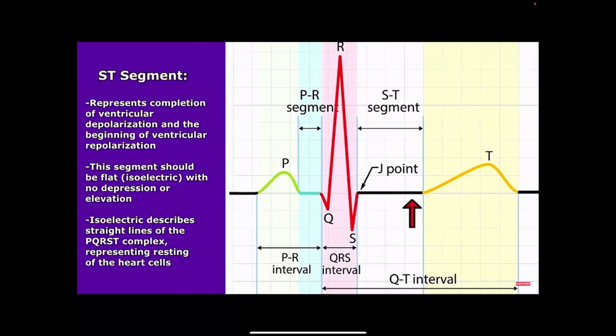Now, the ST segment represents the end of ventricular depolarization and the beginning of ventricular repolarization. So like we said, this part over here means the ventricles contracted. This part over here means that the ventricles completely went back to rest, or repolarized. That's it. Now, the T wave is,